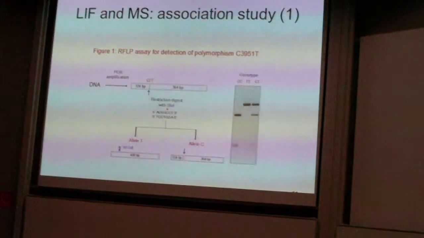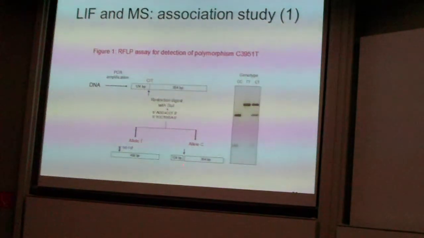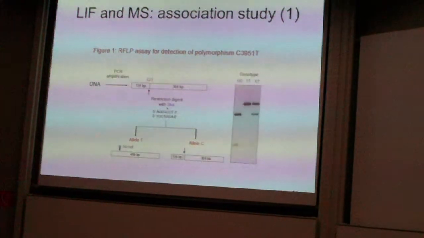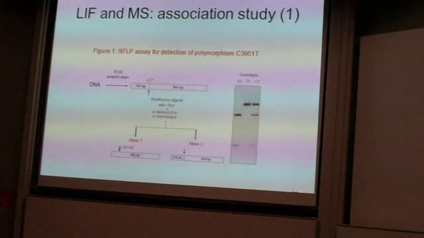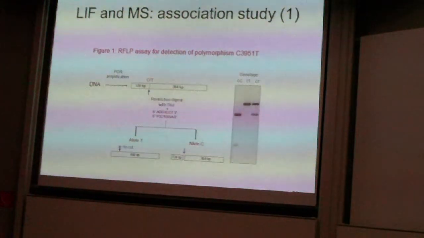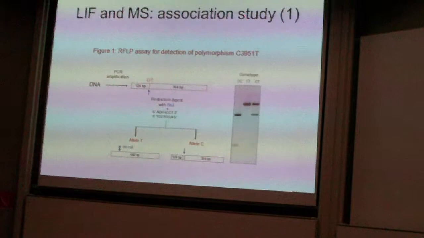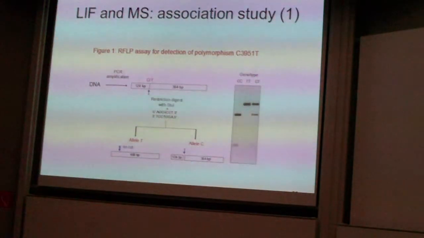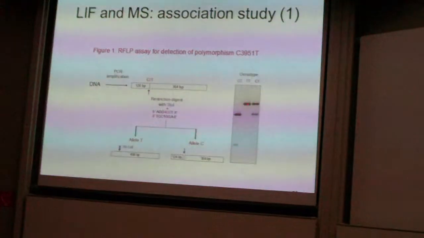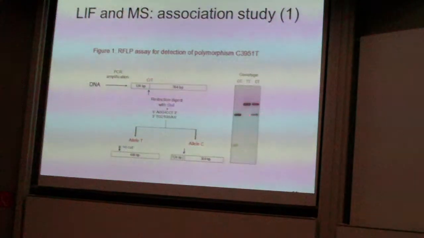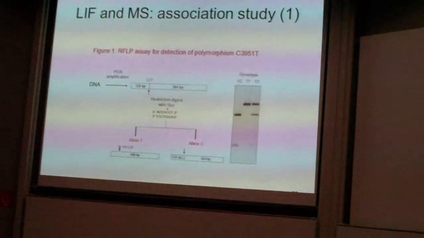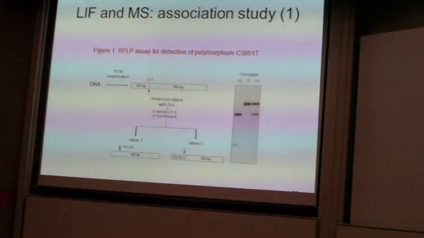In that case, you will have allele C, because if the fragment can be cut, the sequence is there and you have allele C. If the fragment cannot be cut, then this sequence will not be there, so you have the other allele. So you do a PCR of this region, you cut with a restriction enzyme, you separate the fragments on a gel, and you can read the genotype of those individuals. This one is a CC, this one is a TT, and this one has three fragments, both the cut fragment and the non-cut fragment, so this is a CT. So with this simple analysis, you can